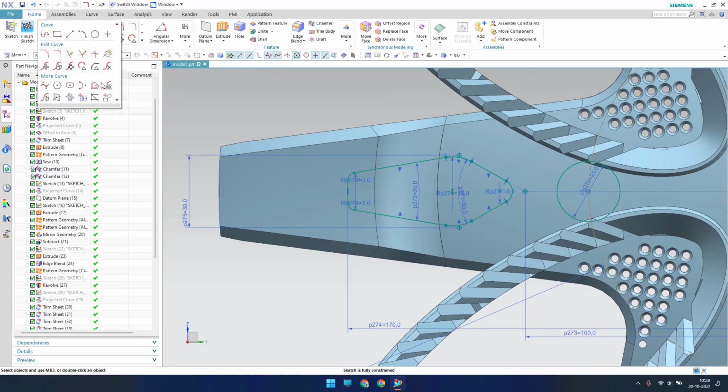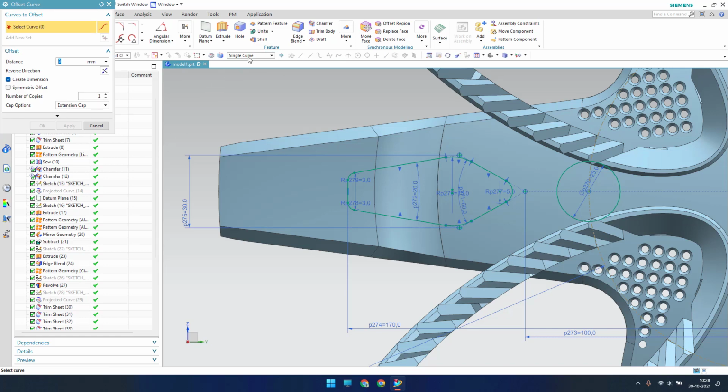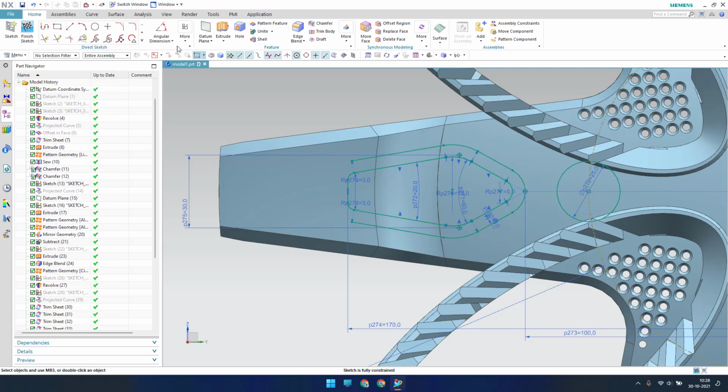I'll go to offset curve and let me make it clear. So this should be a single curve and I'm going to offset these three, and this and this should be in the opposite direction. So these are the offsets. I'll make an offset of 5 mm and I'll click OK. Now what I have to do is make one more line here,